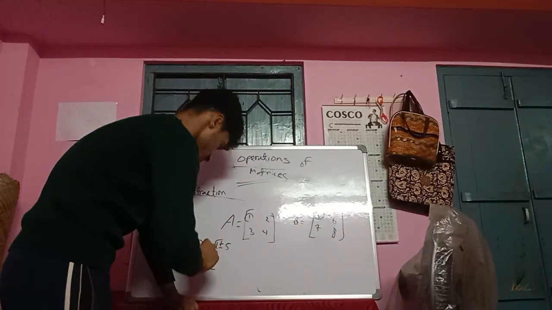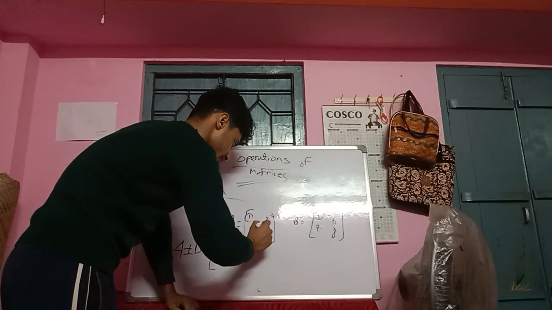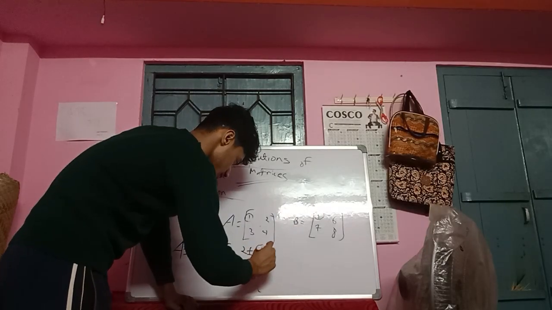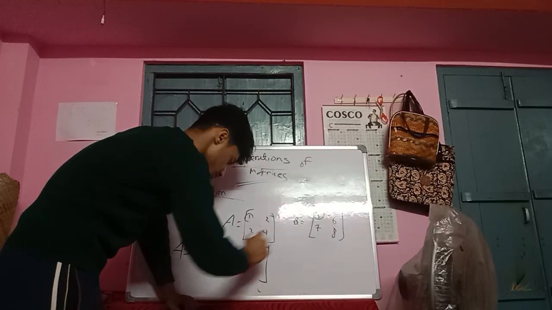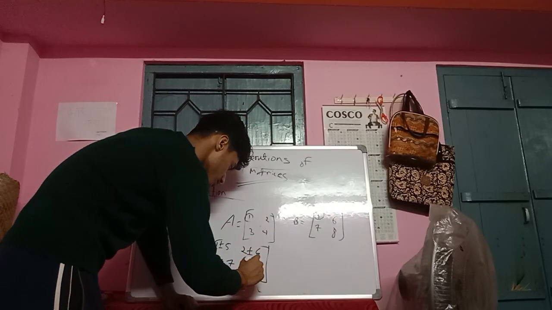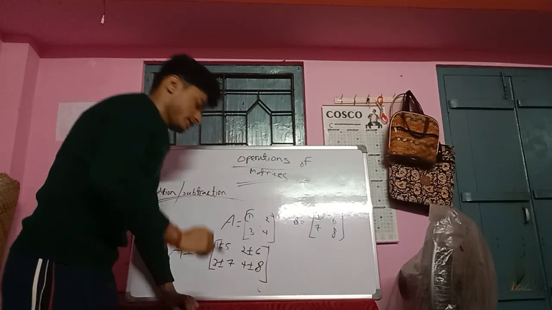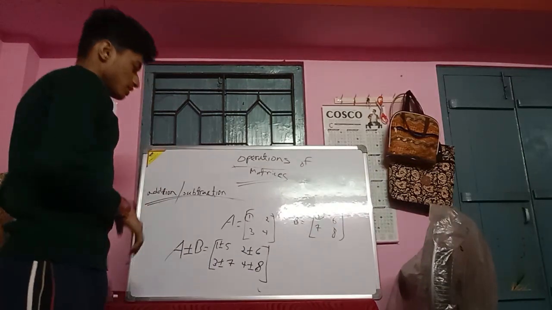Okay, 1 plus minus 5, 2 plus minus the corresponding element of 2 in this one, that is 6, 3 plus minus 7, and 4 plus minus 8. Got that? Now